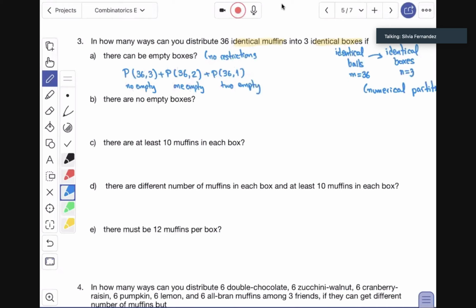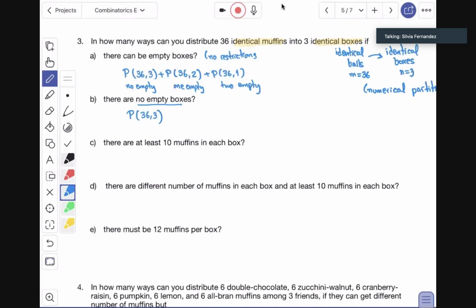And then in part B, it's just no empty boxes, so that shows the first part of my answer in part A. And then in part C, there are at least 10 muffins in each box. Well,